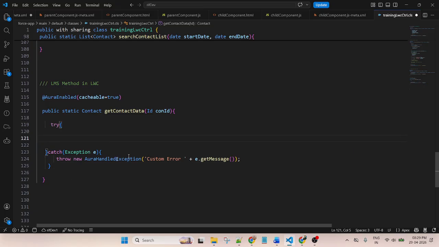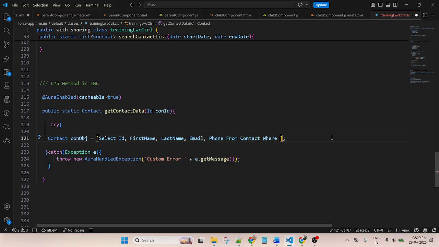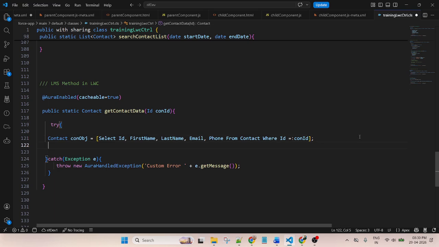Contact conObj equal to select ID, first name, last name, email, phone from Contact where ID equal to this ID, and return this one.